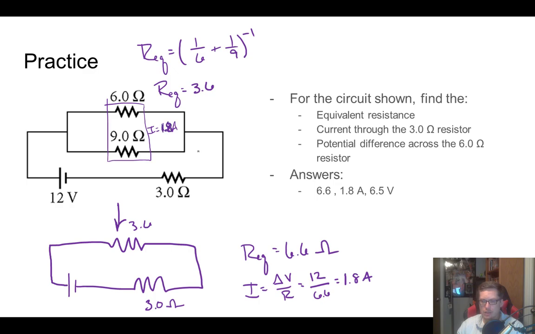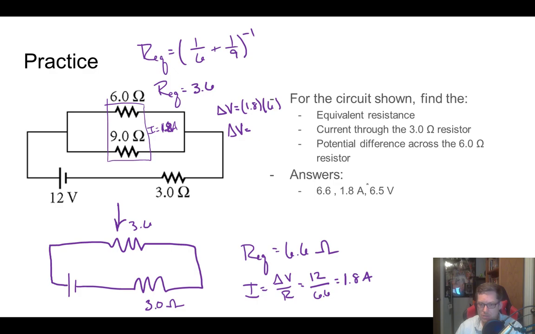All right, 1.8 amps. All right, so, but we want to find the potential difference across just the 6 ohm resistor. So now all we have to do is just find the delta V, all right, is equal to I times R, and our I value is 1.8, all right, and our resistor is 6. All right, so that means our delta V would be equal to 1.8 times 6, and we get,